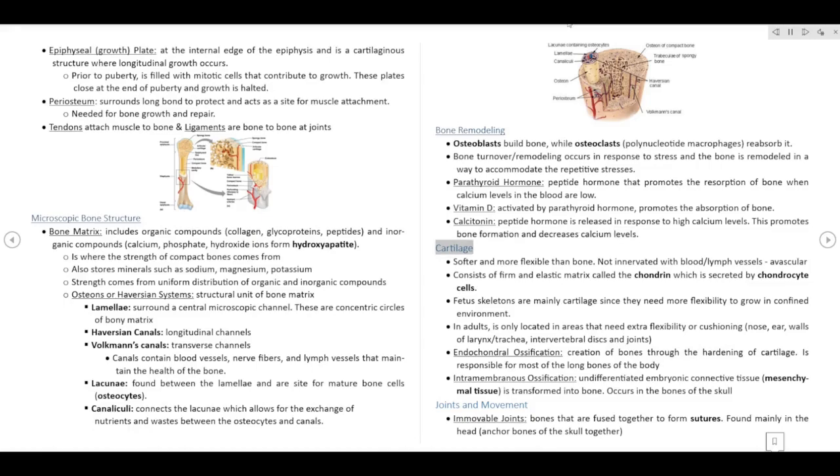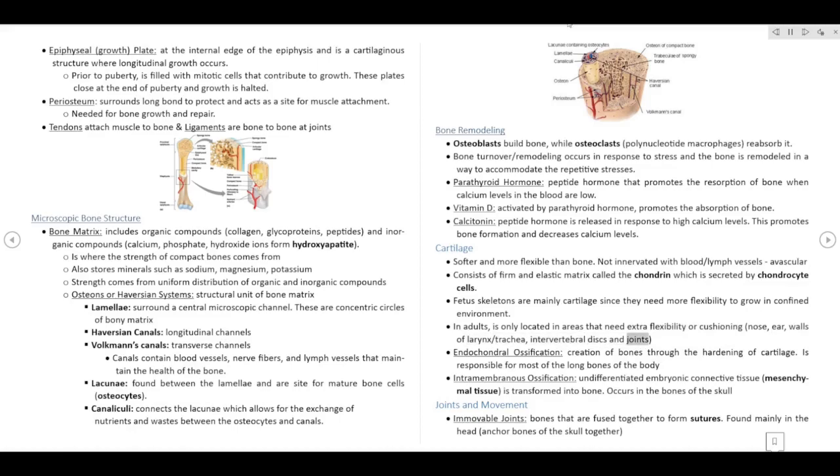Cartilage is softer and more flexible than bone. It is not innervated and has no blood or lymph vessels; it is avascular. It consists of a firm and elastic matrix called chondrin, which is secreted by chondrocyte cells. Fetal skeletons are mainly cartilage since they need more flexibility to grow in a confined environment. In adults, it is only located in areas that need extra flexibility or cushioning: nose, ear, walls of larynx and trachea, intervertebral discs,